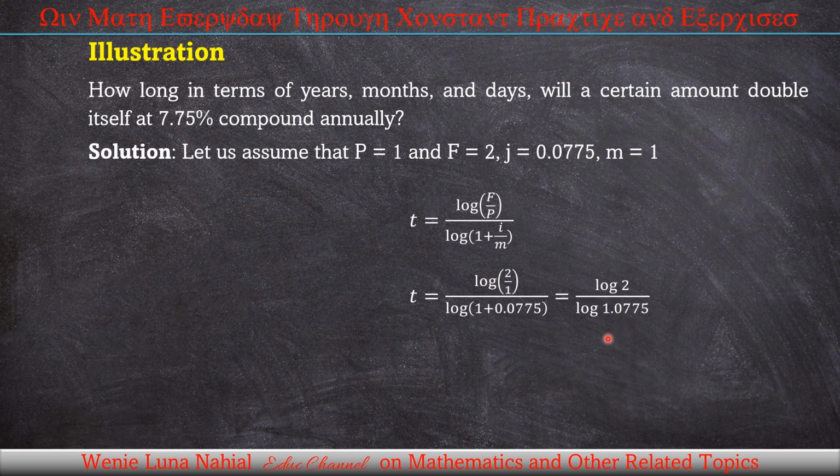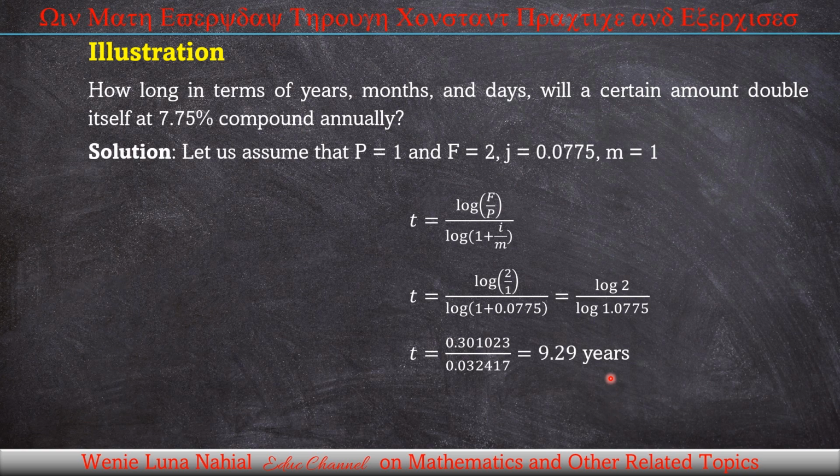Then this 2 divided by 1, that is 2. Then 0.0775 divided by 1 plus 1, you get 1.0775. Again, taking the logarithm of 2 divided by the logarithm of 1.0775, we have 0.301023. Then at the denominator, we have 0.032417. And their quotient is equal to